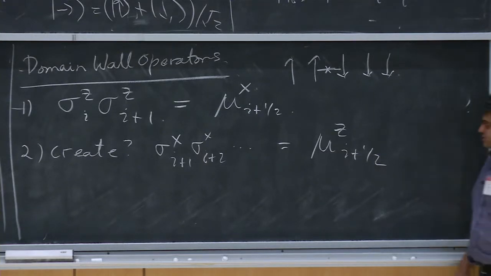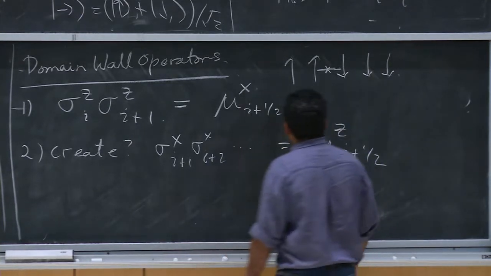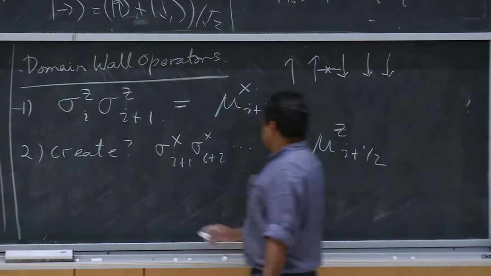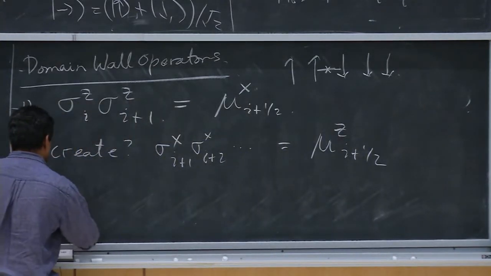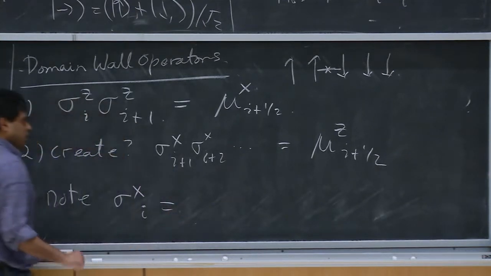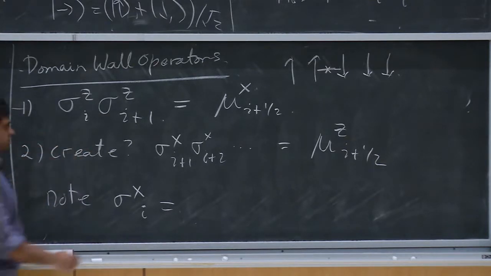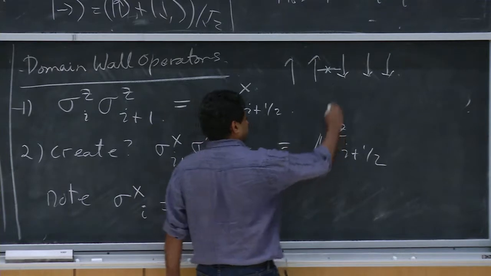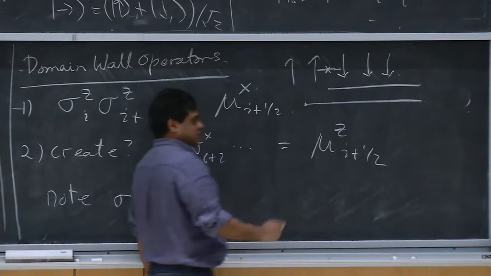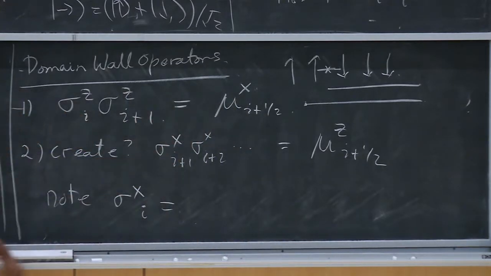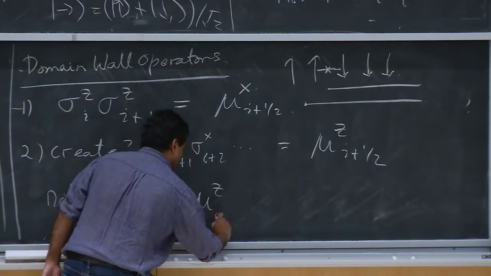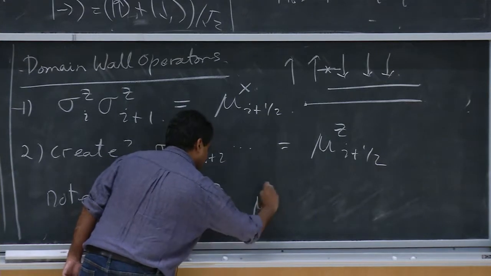One thing you notice is, if I just wanted a sigma x, let's say at the site I, what I could do is take a pair of these mu operators. Pictorially, this mu operator is a string that flips all of these. You can take another mu operator that flips all of them. You flip things 2 times, you get back to where you were. So this operator that flips just a single spin is simply a product of this domain wall operator at the site before and the original site.